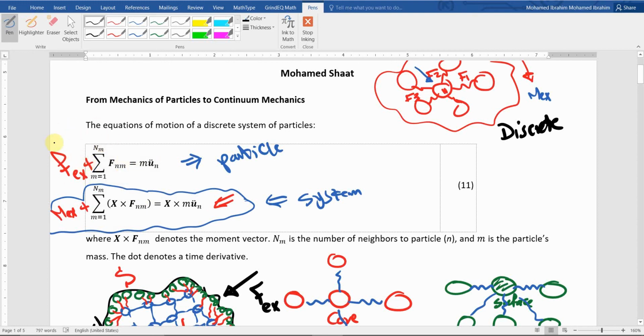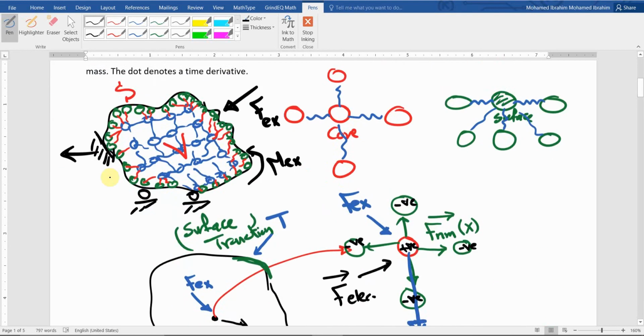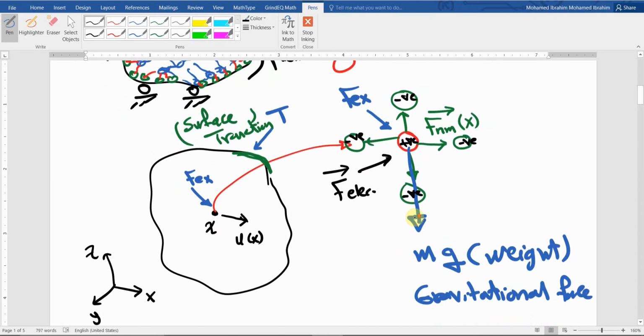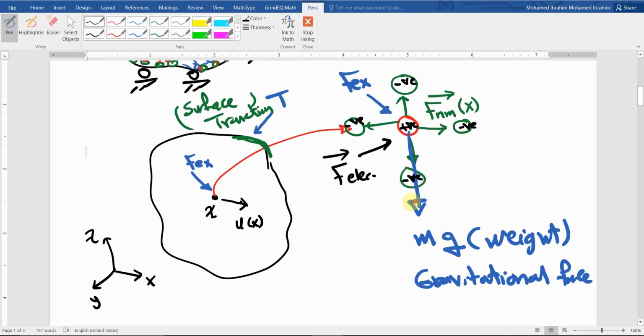These forces would be external force, the interaction between the particles, a force due to the weight of the particle, due to electric field or magnetic field acting on the particle. Just sum all the forces that would act on the particle here. So if I ask you to write the equilibrium equation for just one particle, under the influence of all of these direct forces,